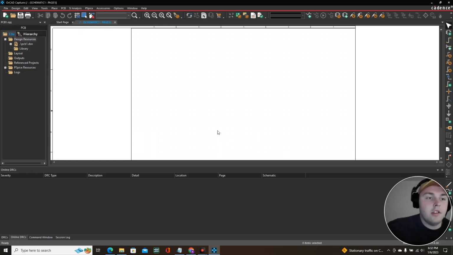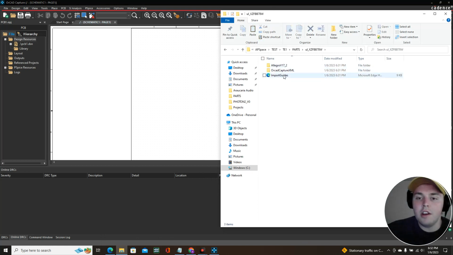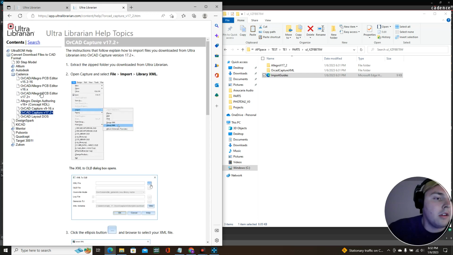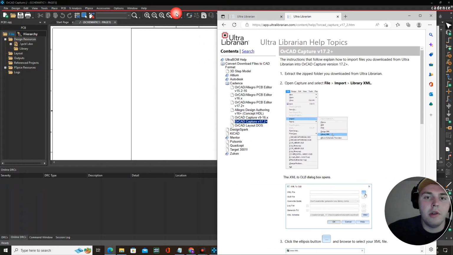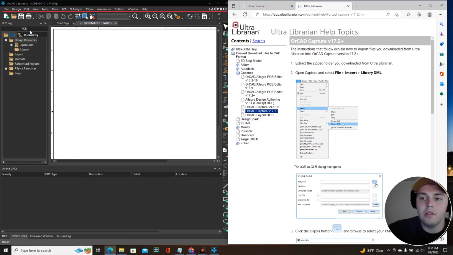Okay, so here's the schematic that we open. When we want to import, it is good to reference for what we have. So I'll reopen everything so you know where this is. In the folder that we extracted, we click on here, and then there's something called import guides. Open that file, and then go to capture because we're importing the capture at first. And then what it wants us to do is to go to file, import,